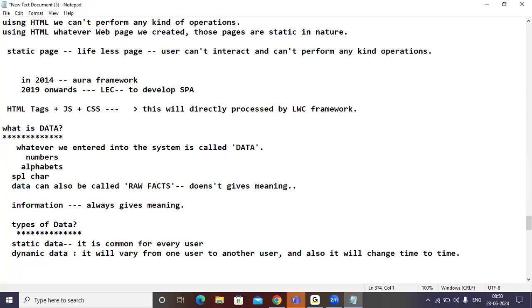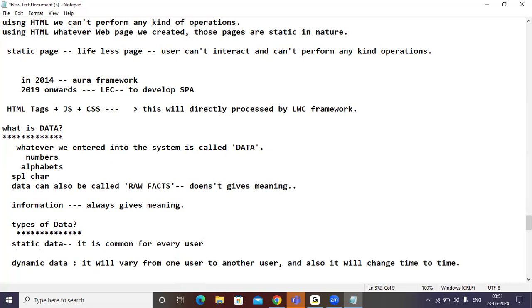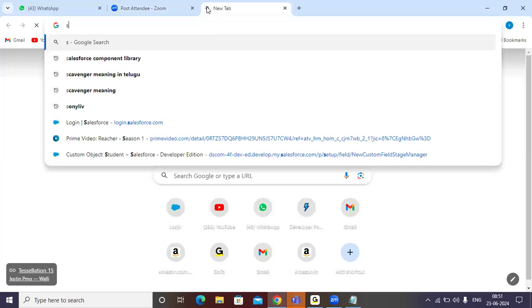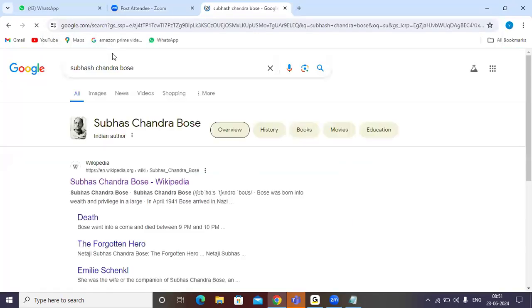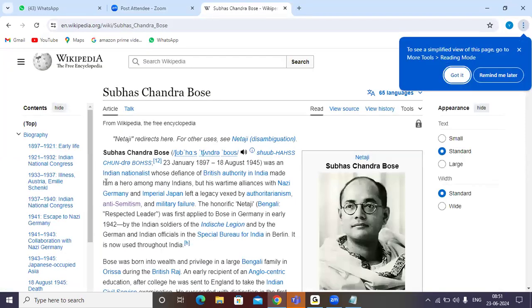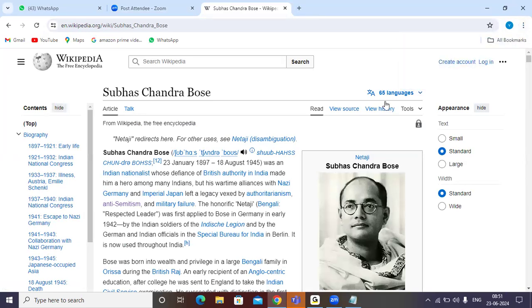Let me give a small example about the static data. Suppose I want to know about Subhash Chandra Bose. Simply I open the Subhash Chandra Bose Wikipedia. I got some information about this person, yes or no?